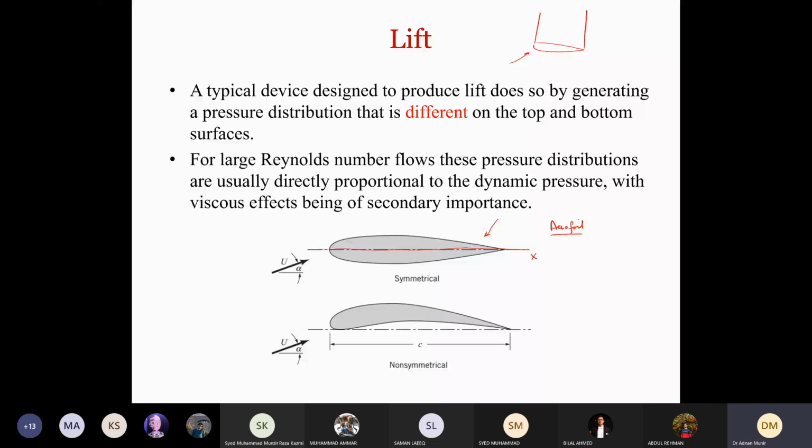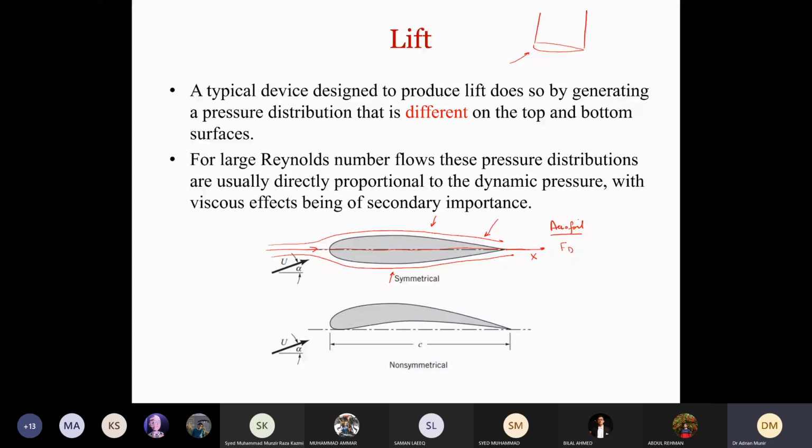Now if we have the incoming flow in this direction, which is along the x-axis, part of the flow will go on top of this aerofoil, and part of the flow will go from the bottom side of this aerofoil. Again, as in the case of the circular cylinder, the strength of these shear layers will be the same because of the symmetry, and as a result there will be no lift force acting along the y direction, and it will only have drag force Fd in this case. Right, now what if we increase the angle of attack?